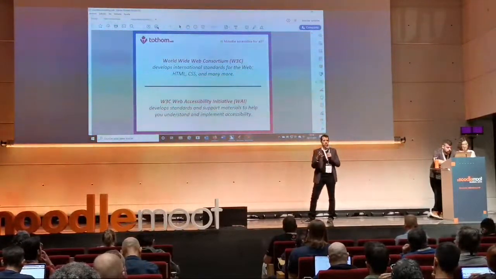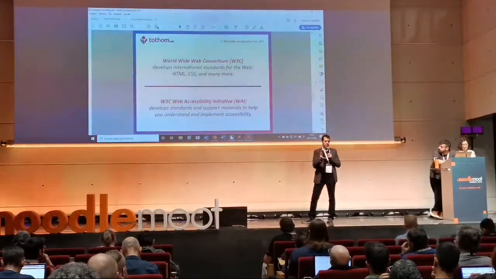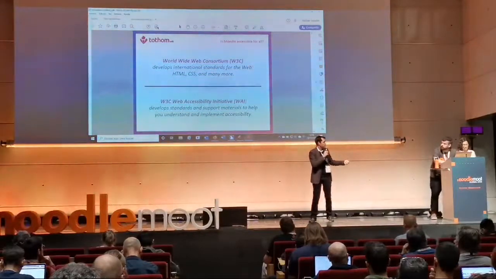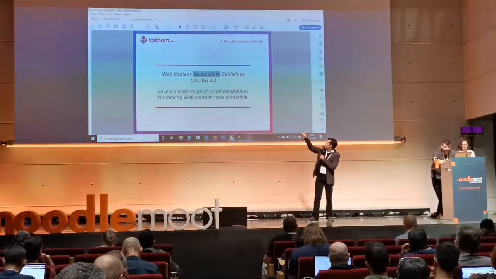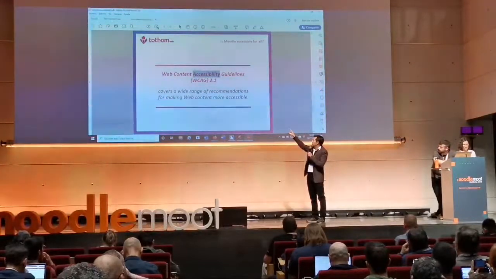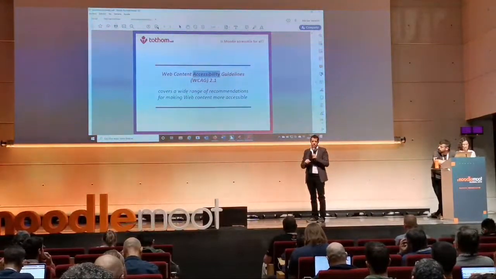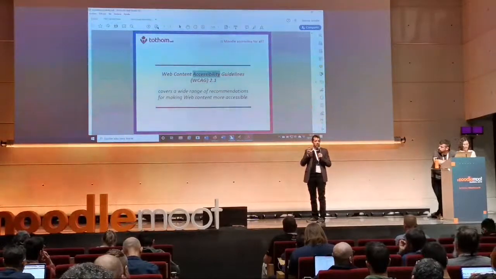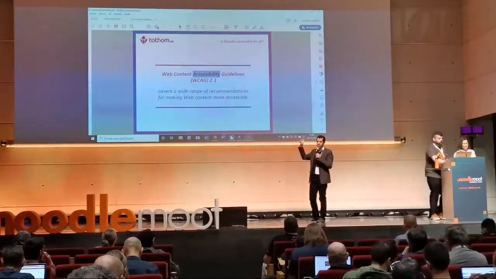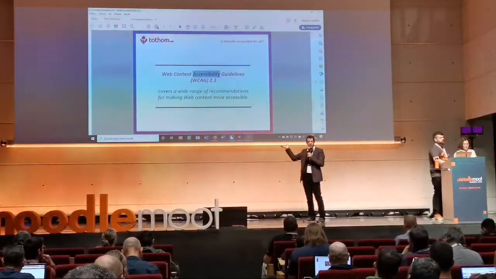The important one they have developed, which applies to Moodle and to any website, is the Web Content Accessibility Guidelines, which now are in the 2.1 version, which are the rules which must be applied to reach an accessible website. They are quite easy to understand.